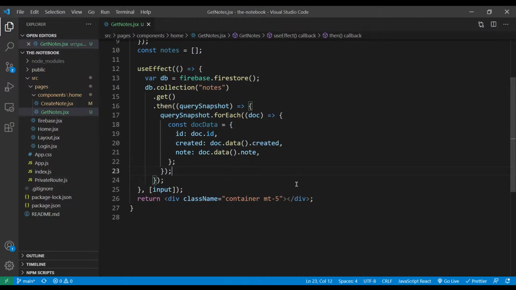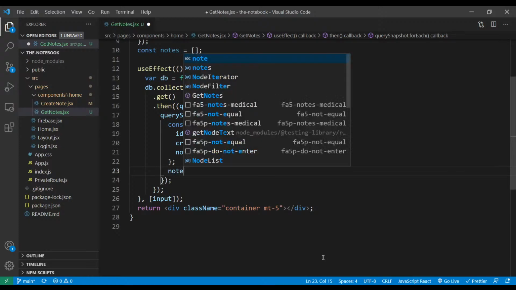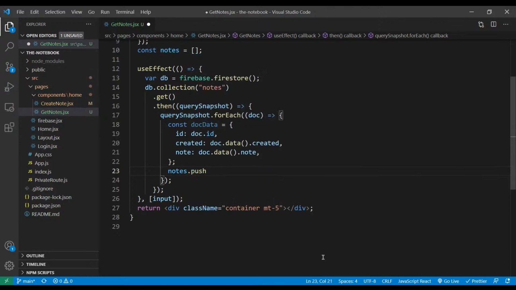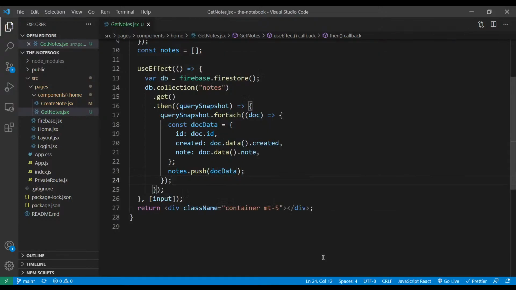Next, what we're gonna do is we are going to go straight inside the forEach thing itself. What we have to do at the end is that once you create the object, we're gonna have to push this object into the array, right? And if you look on top on line 10, we have an empty array over here. So we're gonna start pushing these objects into that array. So I'm gonna say notes, the name of the array, dot push. Push is basically a JavaScript built-in method that takes some data and pushes it into an array. So I can do that and just say docData. So it's basically going to take this object docData and it's going to push it inside